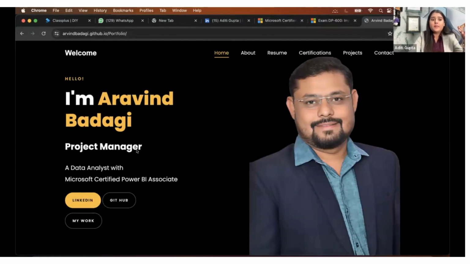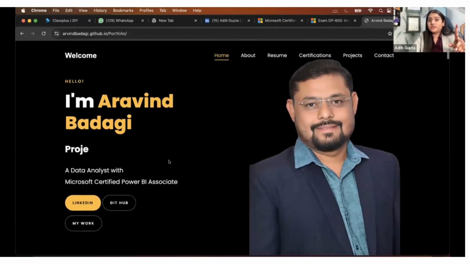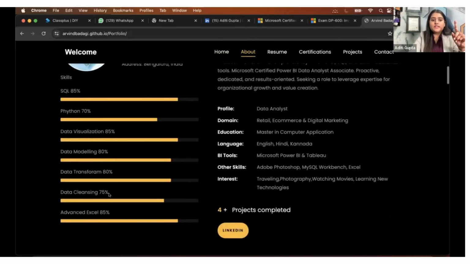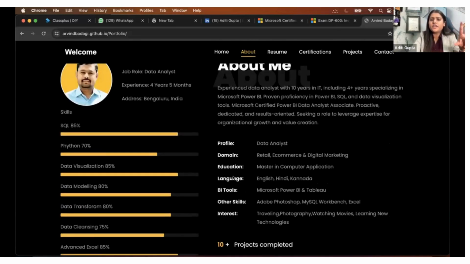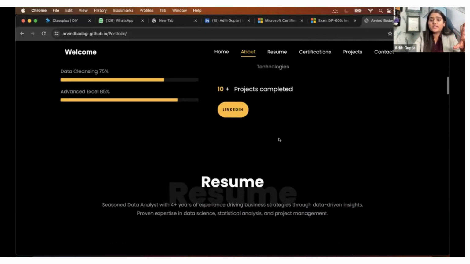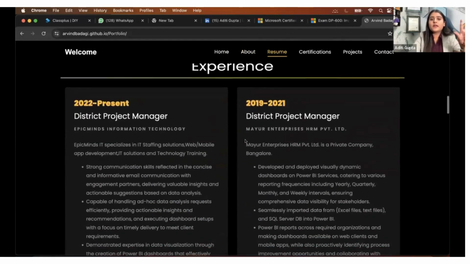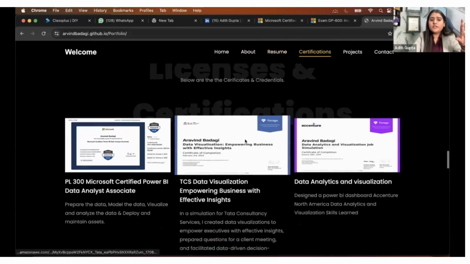I am Arvind, project manager and senior, we can say, computer programmer, a data analyst, Microsoft certified Power BI associate. This is the line which is important. Also, he talked about the skills. He gave himself a rating: about me, profile, domain, education, language, BI tools, other skills, interest, 10 plus projects completed, his resume. We can download his resume directly from here, about his experience section, everything related to education, related to